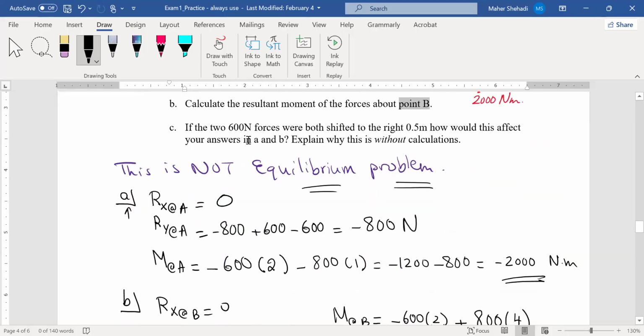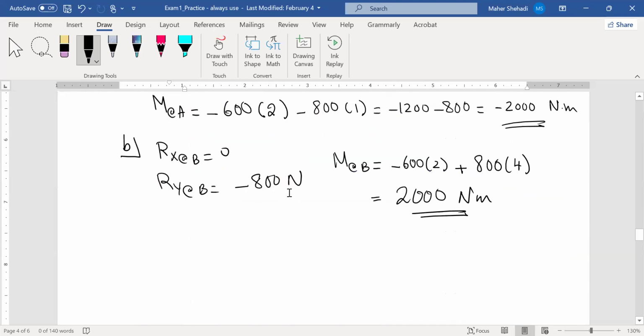It's not going to affect. What would they ask? How would this affect your answers in A and B? You should say there's no change